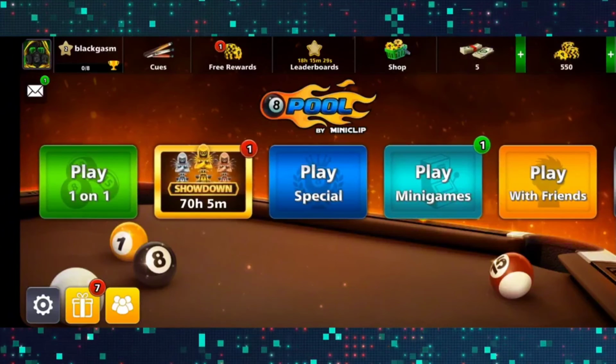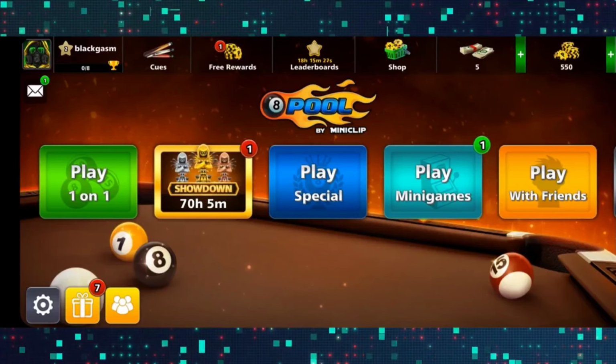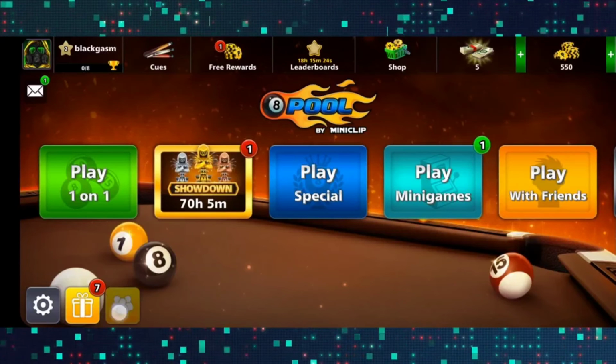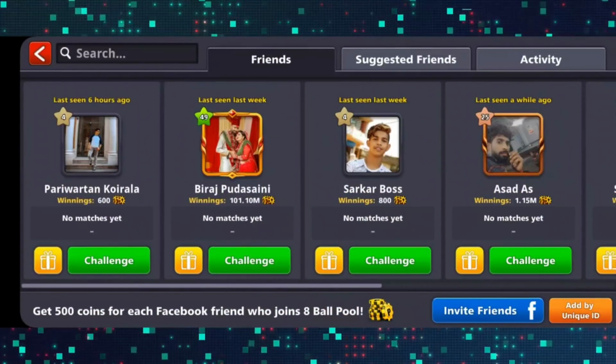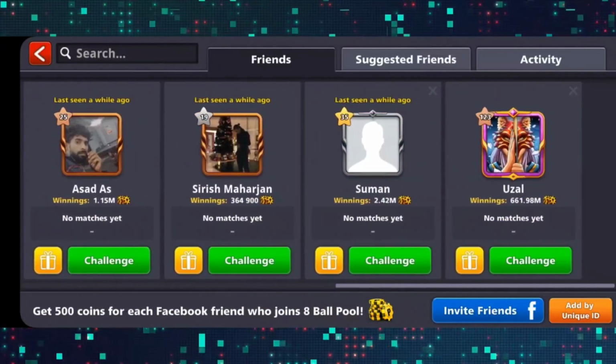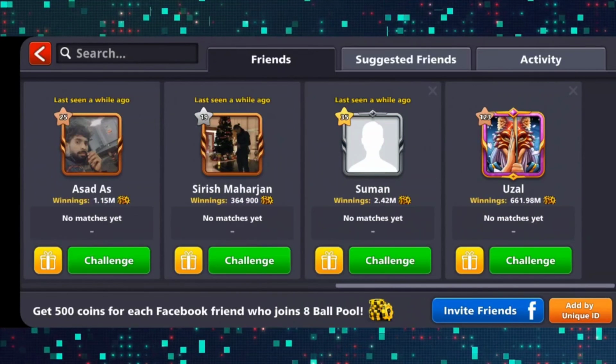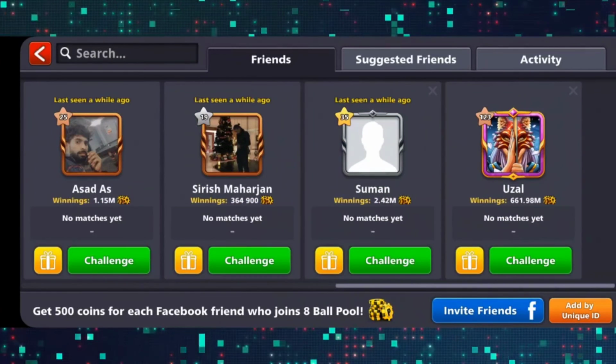Now, in order to add or remove someone, you can simply tap on the Friends option alongside the Gift tab at the bottom left corner. Now, from here, you will see various friends that you have added onto your 8-ball pool game. In order to remove any of your friends, you can simply tap on the cross icon at the top right